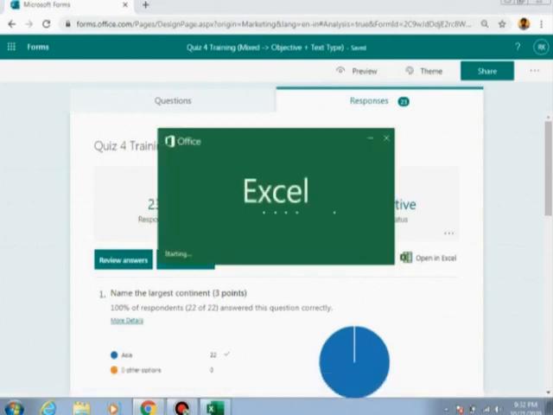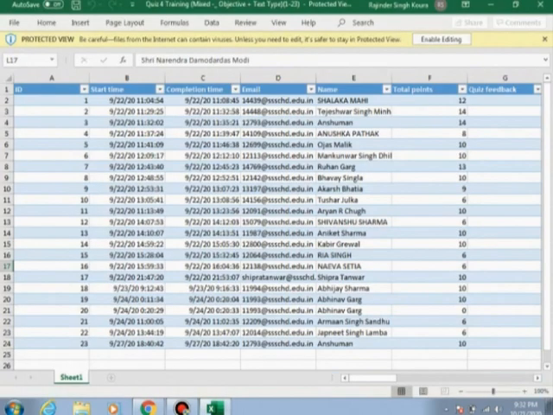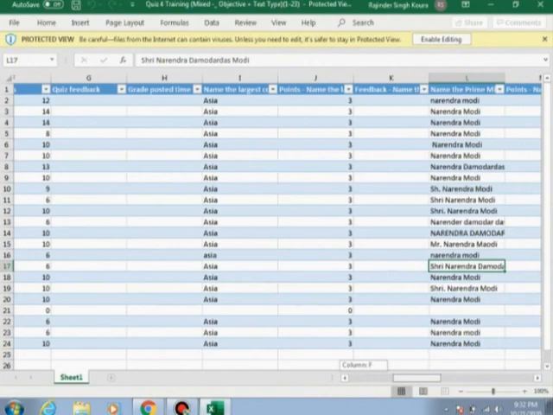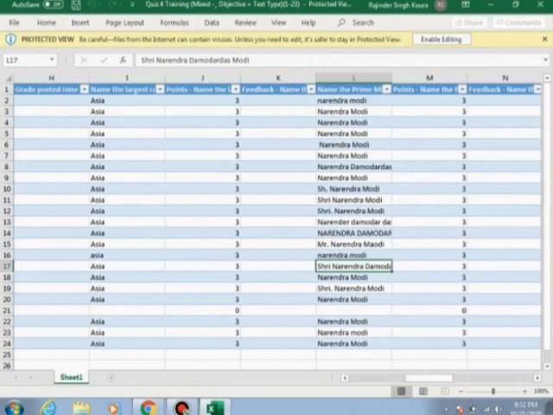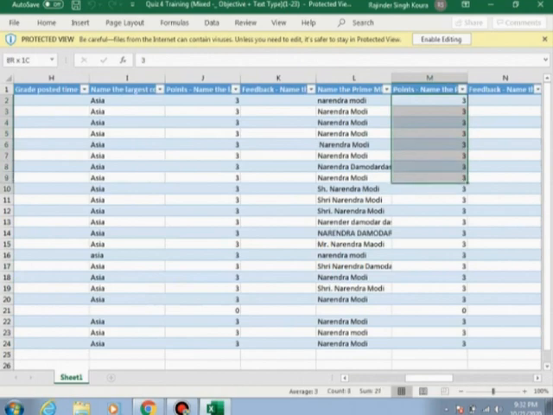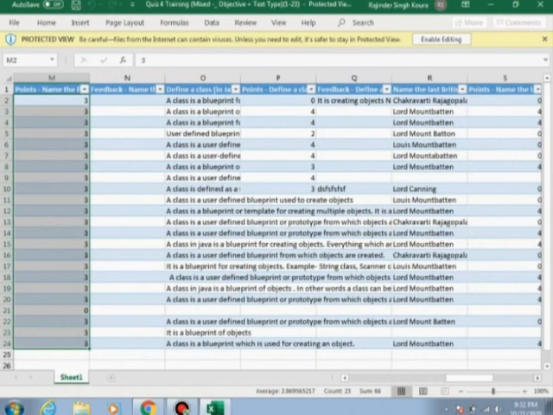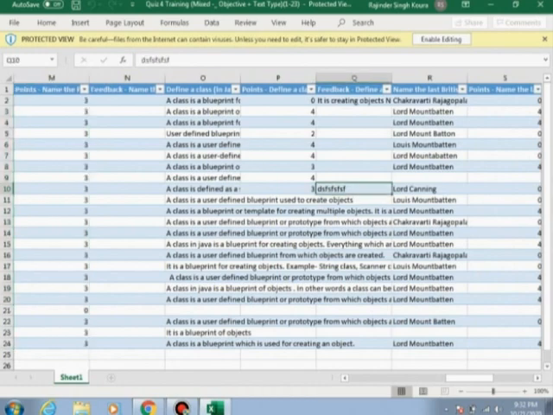When we open it in Excel, we will see that whatever marks we gave in our review are the scores they have actually obtained. Whatever scores we gave there automatically come in the Excel file. Whatever feedback, for example this DSF is the feedback that I gave to the student, has been stored here also.